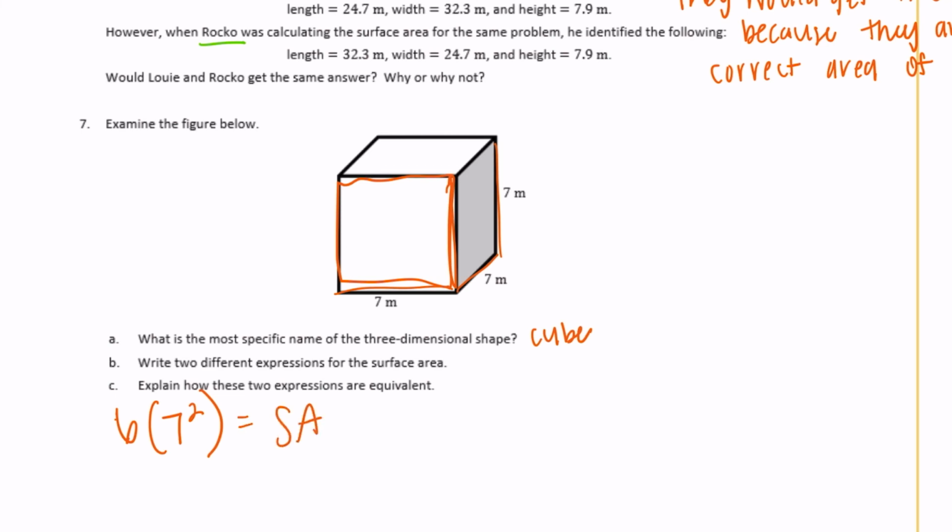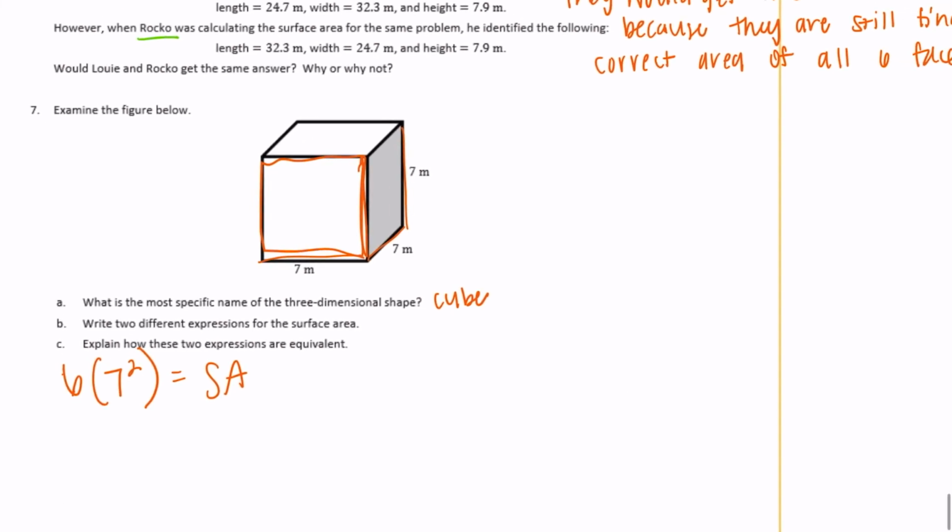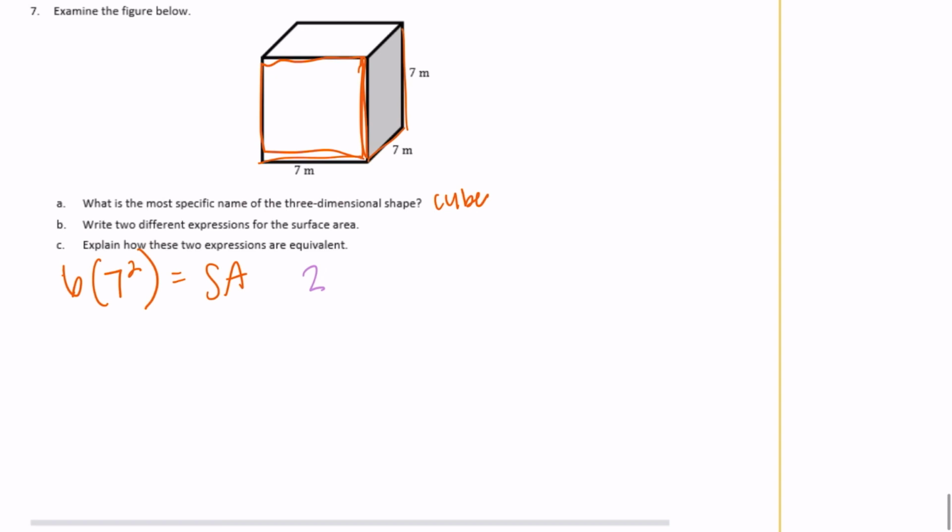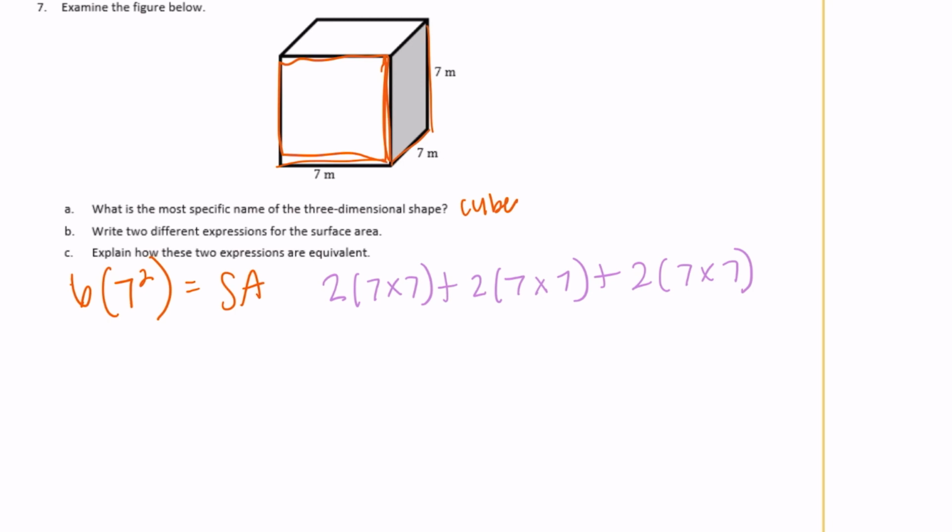So there's one formula. Or we could do the rectangular prism formula and do 2 groups of 7 by 7 plus 2 groups of 7 by 7 plus another 2 groups of 7 by 7. Either one is going to get you the same thing. Okay, let's explain how these 2 expressions are equivalent. So they're equivalent